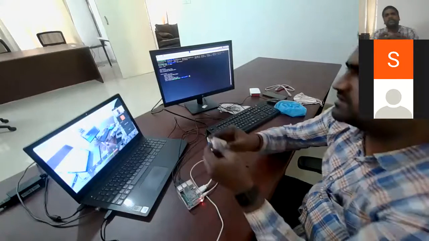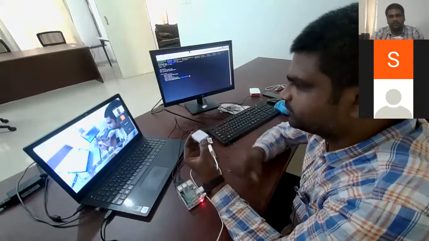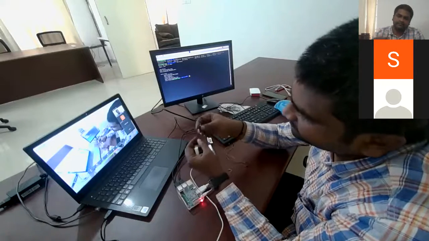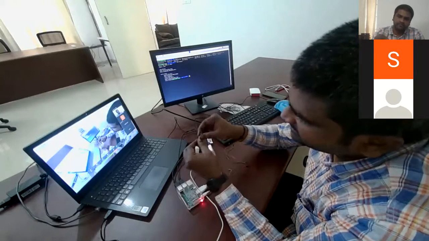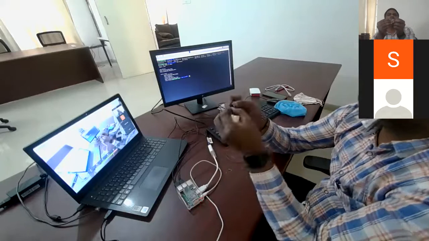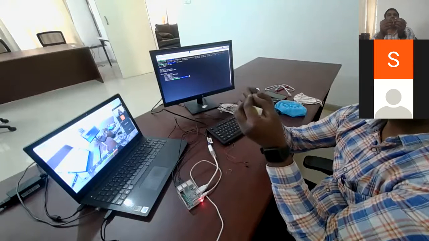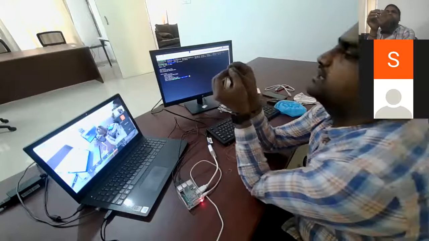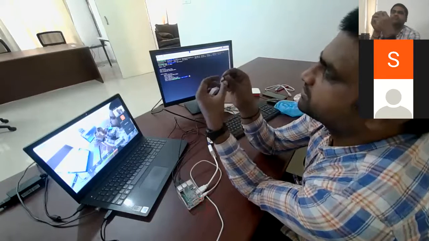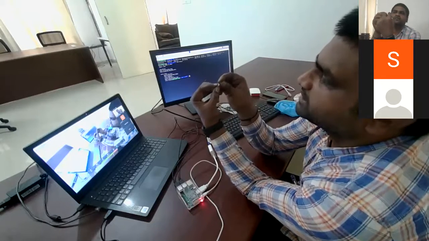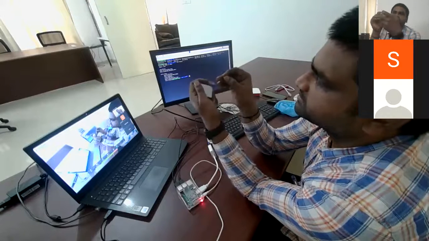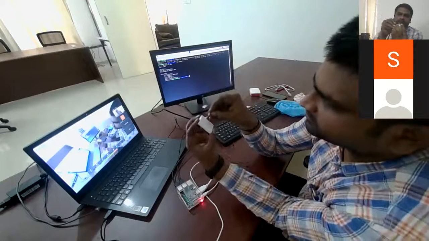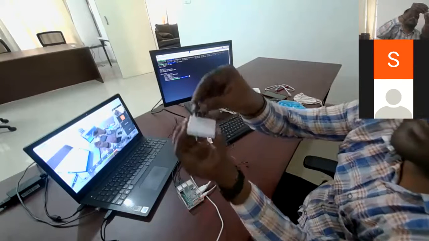See, this is my breadboard, mini breadboard. So here I have an LED. This LED consists of two pins, one is the positive pin and one is the negative pin. Here the lengthy pin is the positive one. Okay, the smaller size pin is the negative one. So I'm inserting it like this into this pin like this.